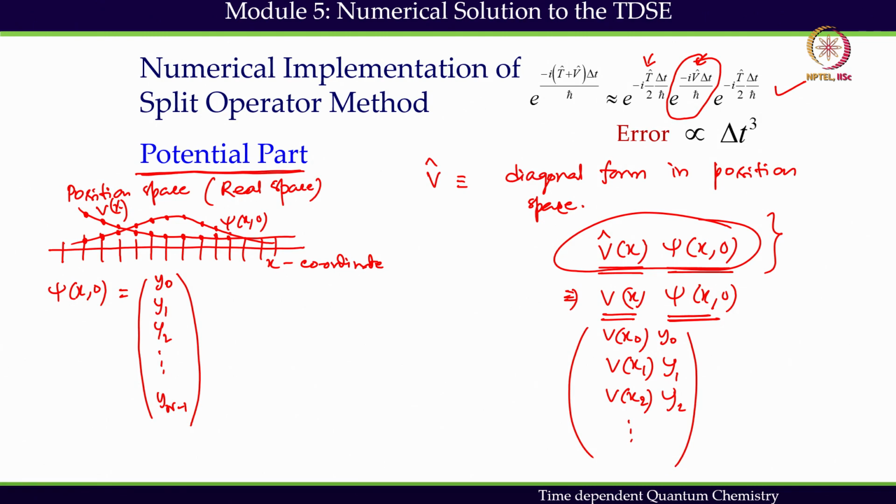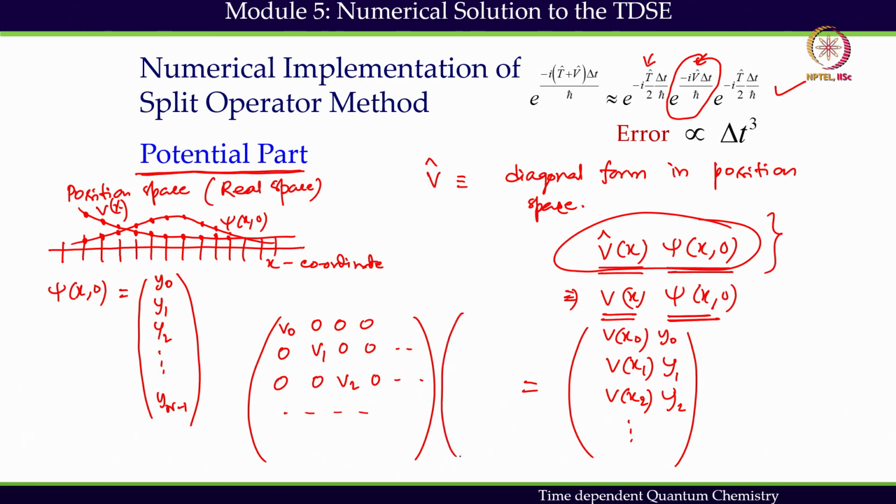And if it is so, then this can be represented as a diagonal matrix. V, I call it V0, let's say 0, 0, 0, then 0, V1, 0, 0, 0, 0, 0, V2, 0, 0, like this way. Then Y0, Y1, Y2, like this. And we can multiply this. Why we can multiply this is because